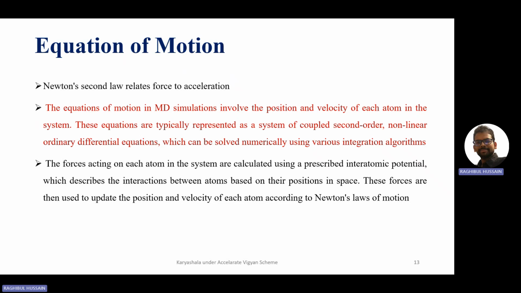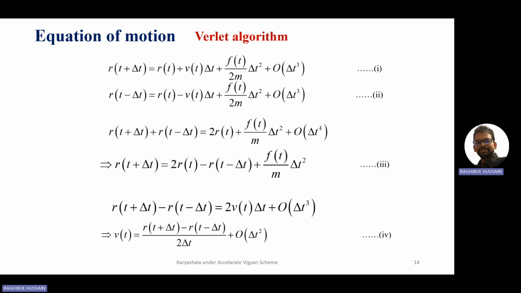Now, when we are dealing with a molecule, we have other types of interactions like bond, angle, dihedral, improper, etc. Those will also come into play along with the non-bonded interactions. And these forces are then used to update the position and velocity of each atom according to Newton's law of motion, because the potential energy is related with the force that we have seen, that the force is nothing but the negative spatial derivative of the potential energy. Okay. So for the first case, we